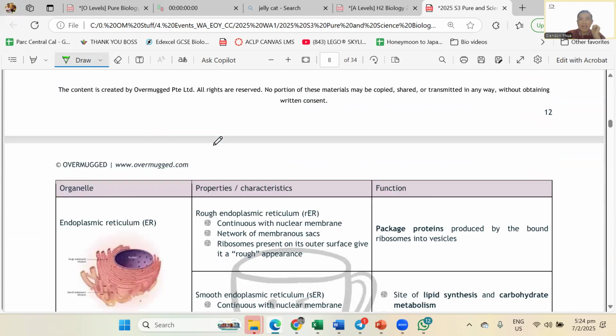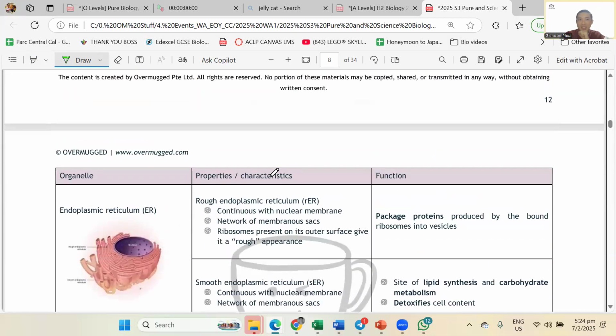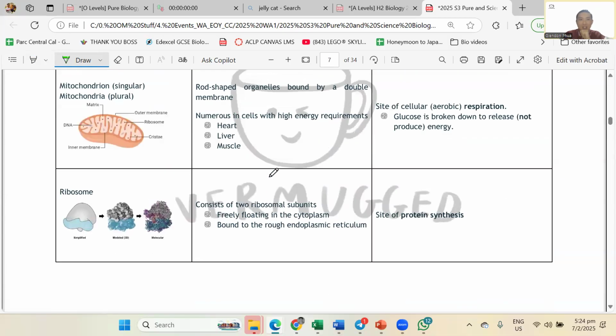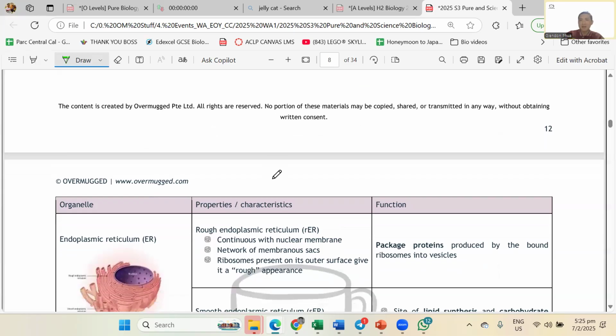Next, if I look at the structure of my cell, I have my nucleus. Then what's touching the nucleus? These two structures, the RER and the smooth ER. So I'm going to go to those next. So in my ER, just like the Taylor Swift concert, what's going to happen? When she wants to create a concert, she must have two groups of people to help plan. One, the operations team. Why? You must go and set up for me the concert venue. So you set up the concert venue, put all the lights, everything. Wow, very good. Then what is the other category of people she needs help from for a concert? It is her marketing team. Why?